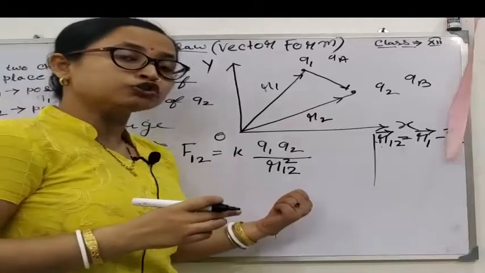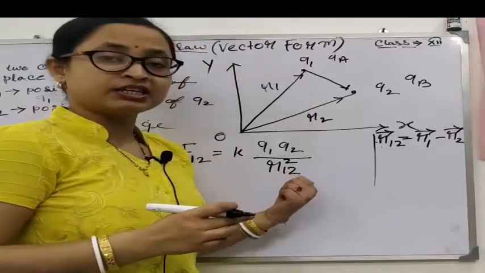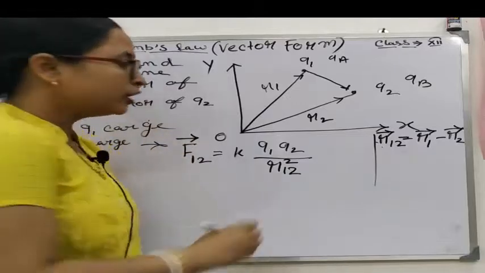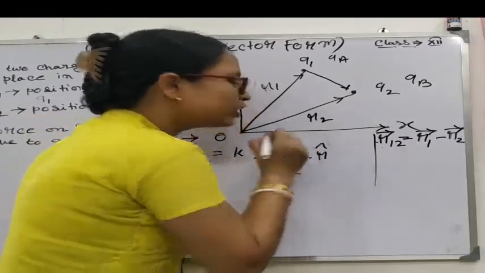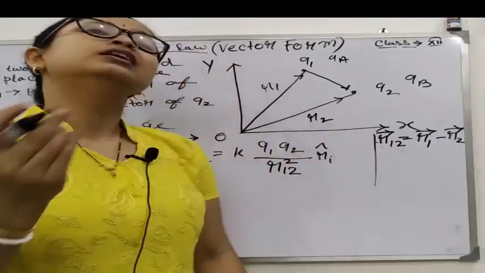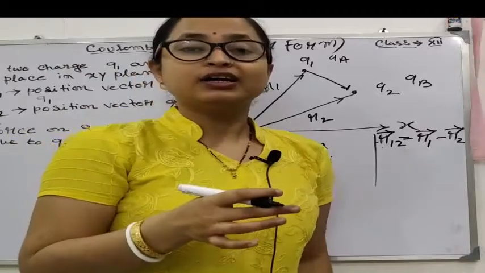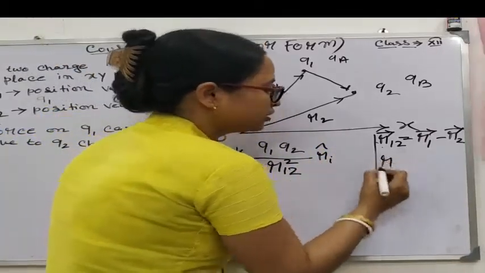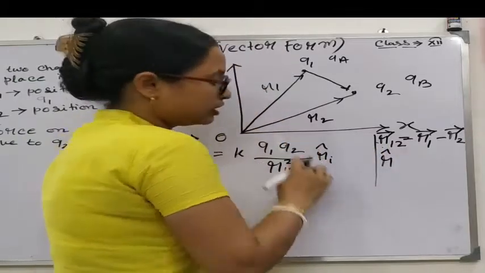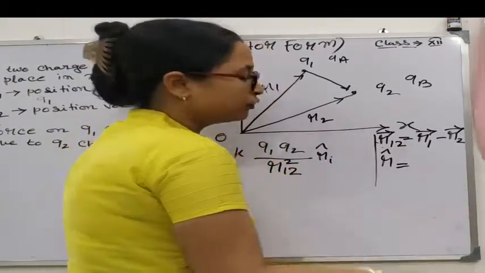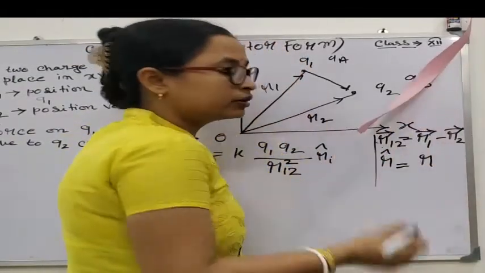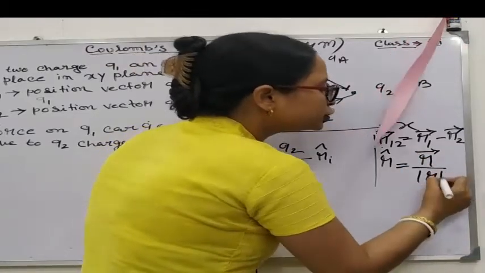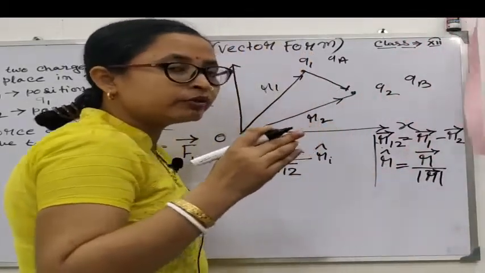Now this is also magnitude, no? The direction is not there. So if we write the vector, then we have to mention one unit vector, no? We have already learned in our 11th class, the unit vector gives the direction. Now this unit vector, R cap, I have used. What is the formula of unit vector? The formula of unit vector is the ratio of the vector divided by the magnitude of the vector. Magnitude you remember, no?